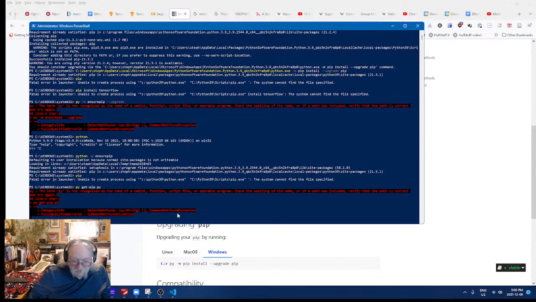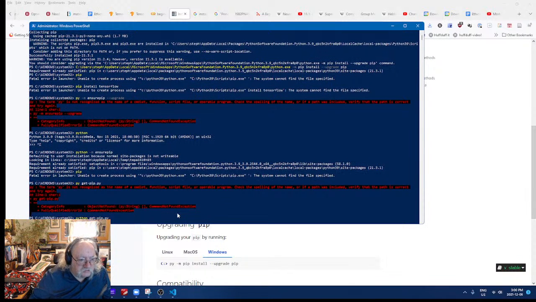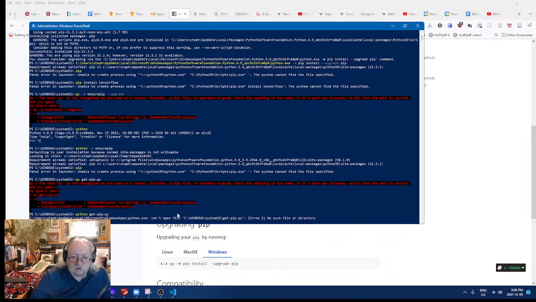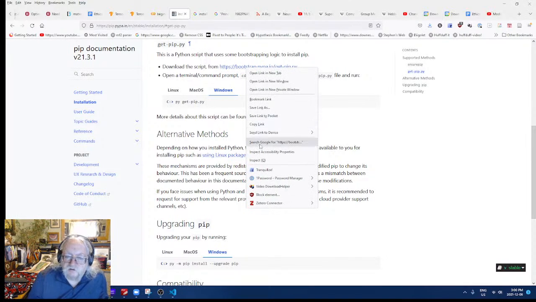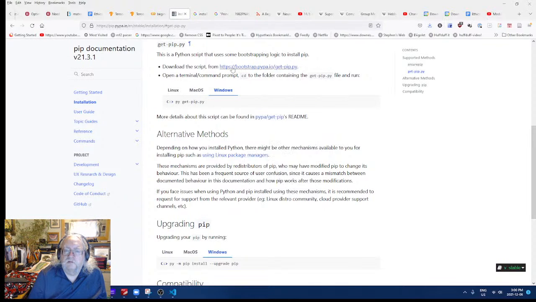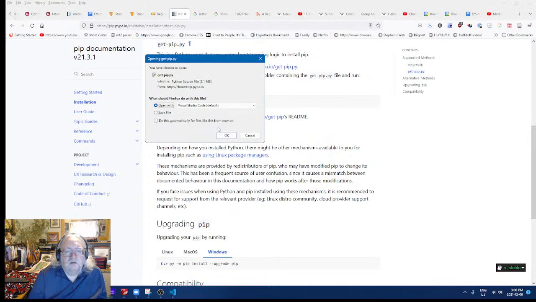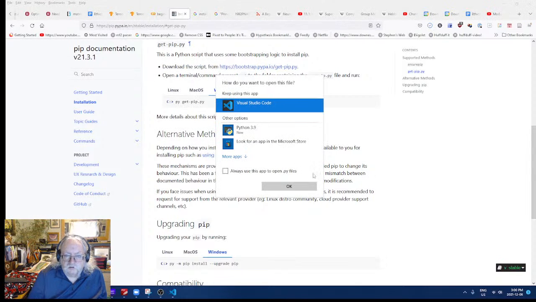Doesn't recognize py. Should recognize Python though. Can't open. Right. Download the script. Okay. Open with Visual Studio Code.